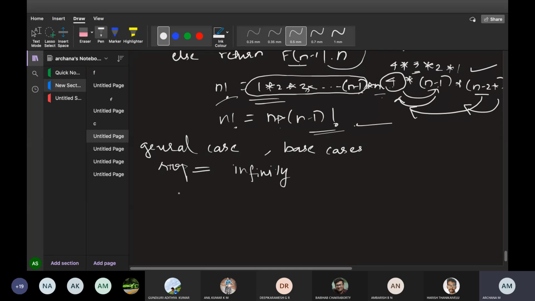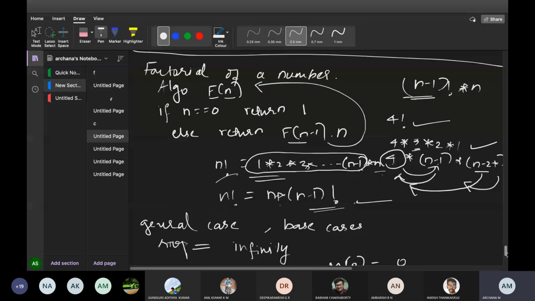Especially they will be like this. Either it can be 0. For example, we take our factorial, 0 factorial is equal to 1. Or I'll take one function, m of 0 is equal to 0. Somewhere you have to stop the condition. Look here, I have written here also, when n is equal to 0, return 1. It has to stop and come out, or else this function will be executed again and again, and go into an infinite state. You will not get a particular answer.